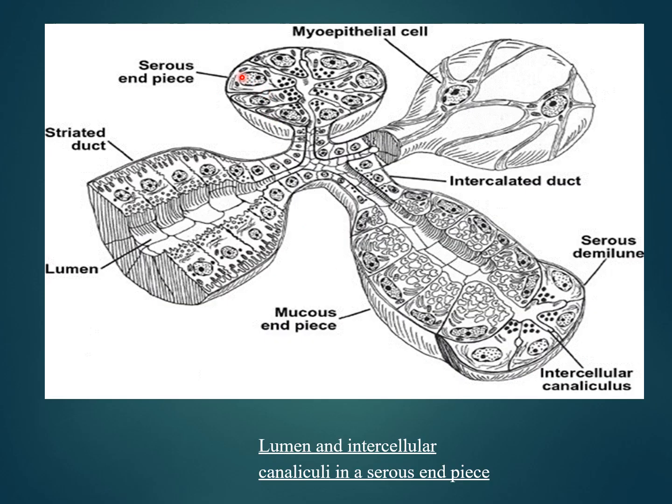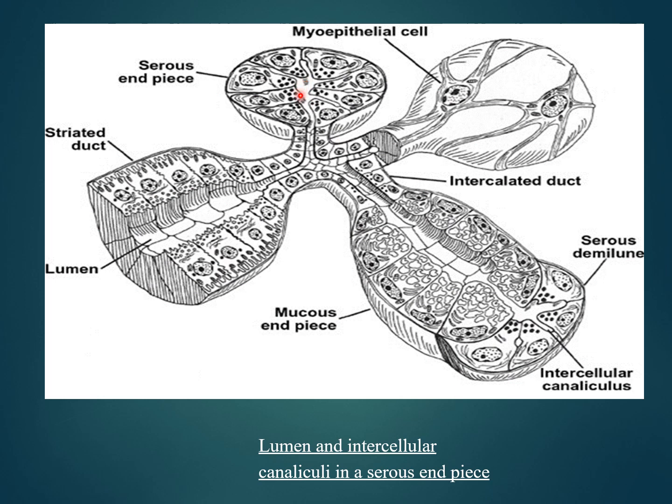This is the serous end or secretory end with the serous cells. These serous cells are around 8 to 12 in number. Here you can see 8 serous cells. It can be up to 12, and they are roughly spherical in shape. Then it has a central lumen. The central lumen is extended in between the adjacent cells, and they are called intercellular canaliculus.